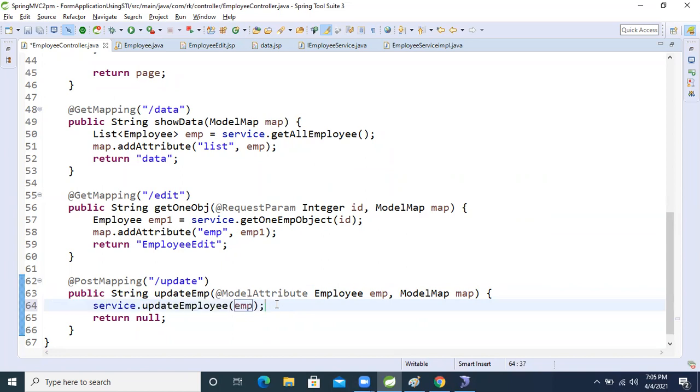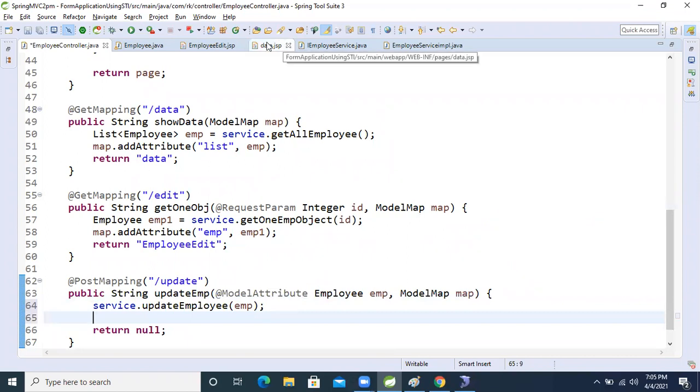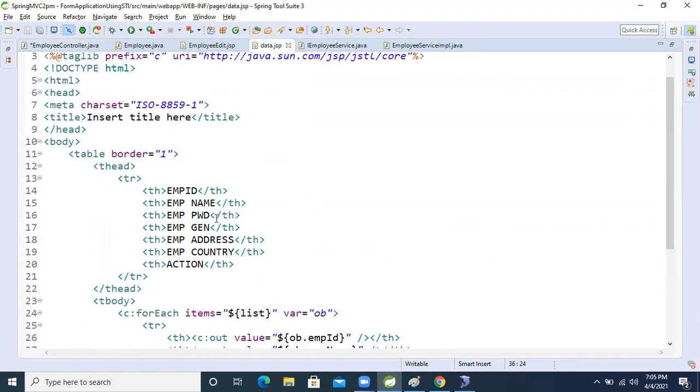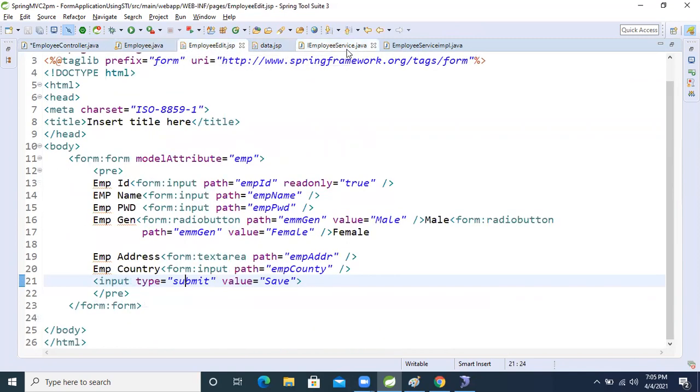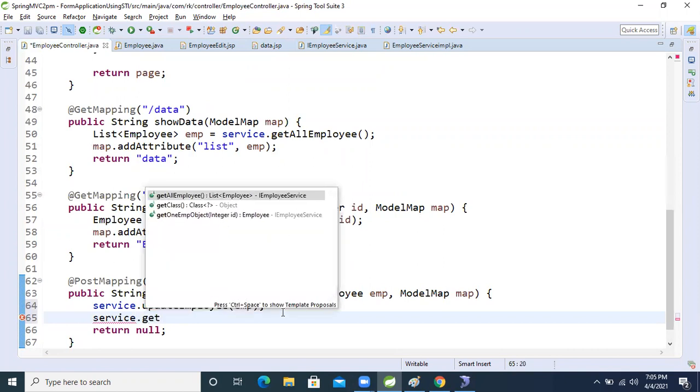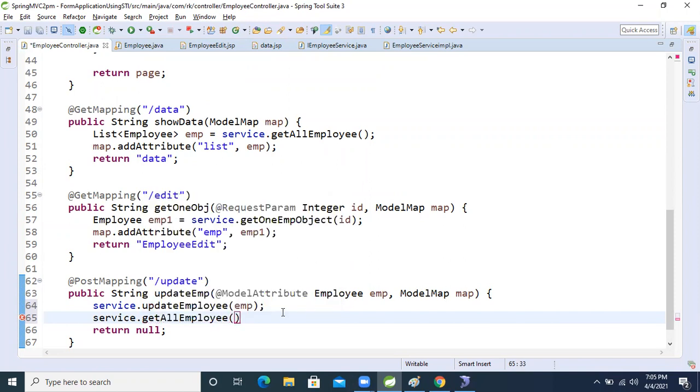After updation, we need the list of employees to redirect to that page. For that, come to the controller and again call service dot getAllEmp object.